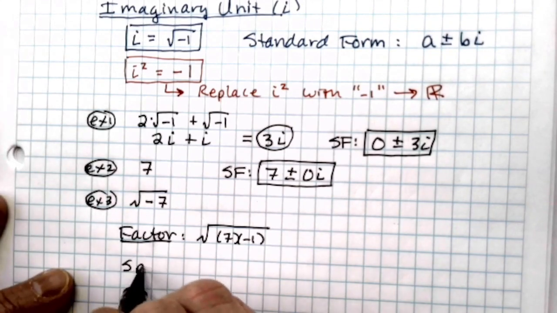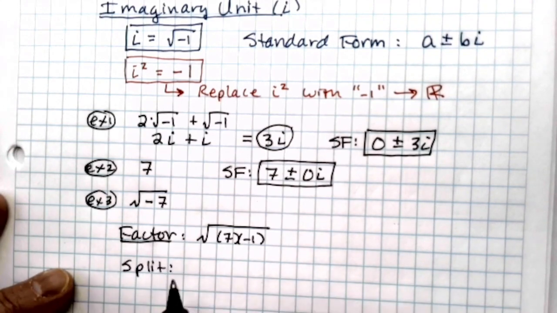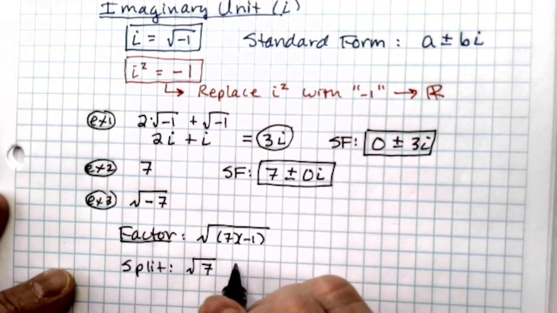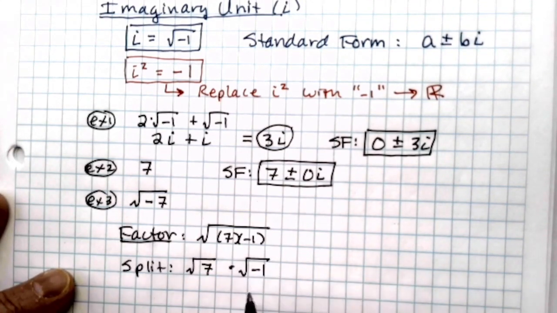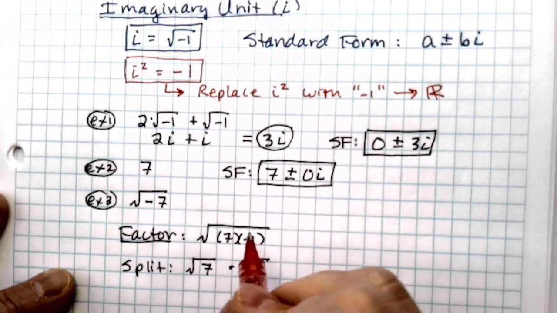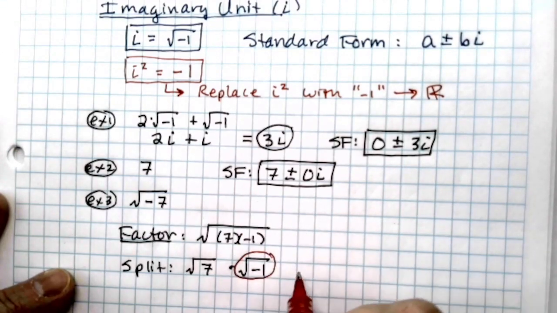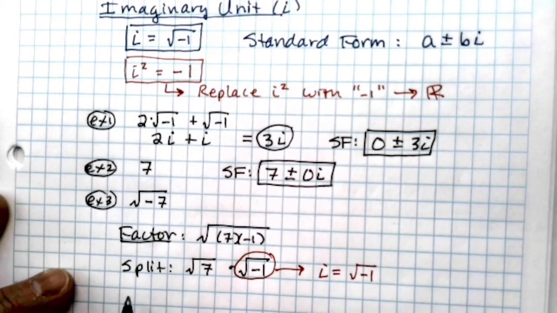Then you split the radical, so radical 7 times radical negative 1. By separating out the radical negative 1, it gives you something to replace with i, because i equals the square root of negative 1. So we replace,